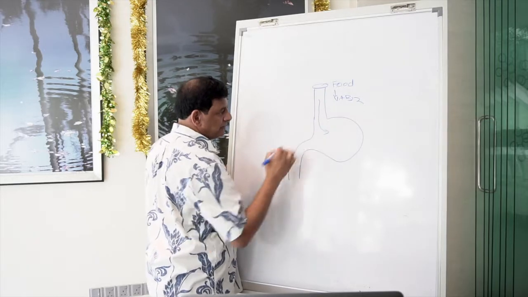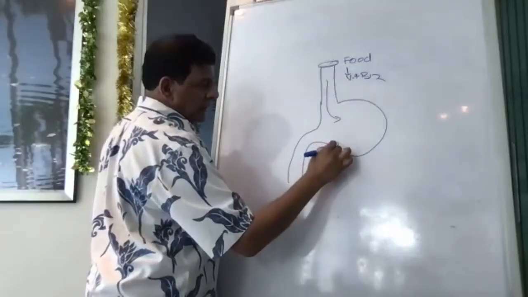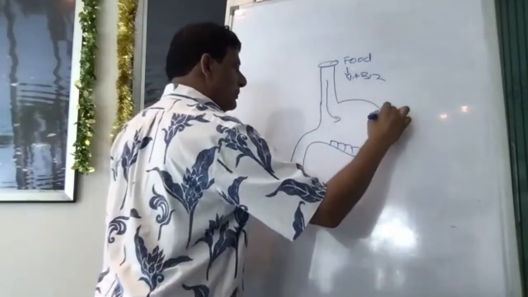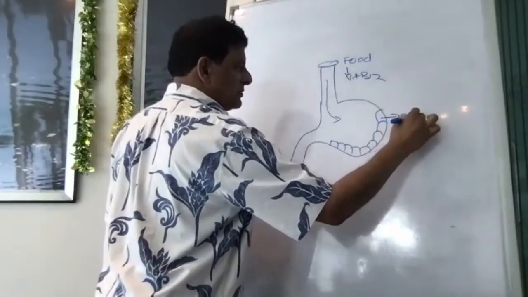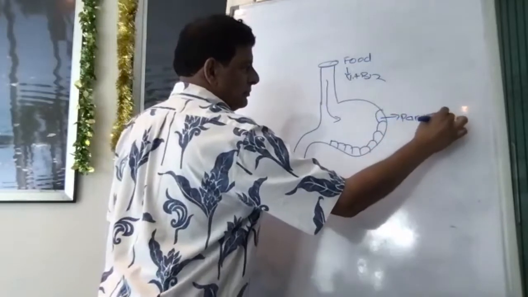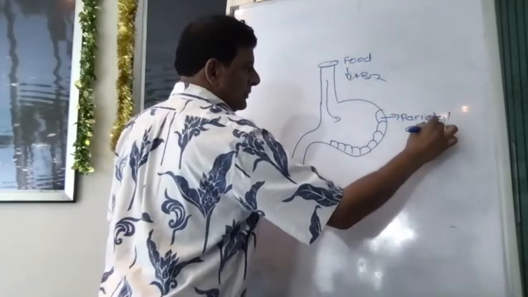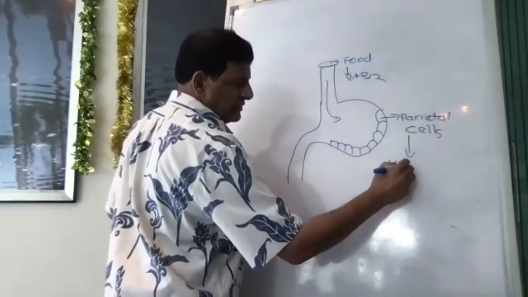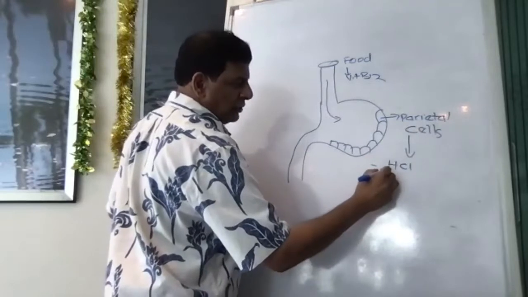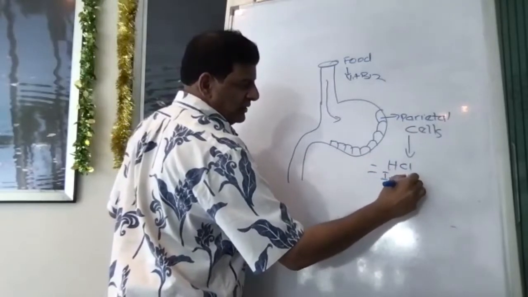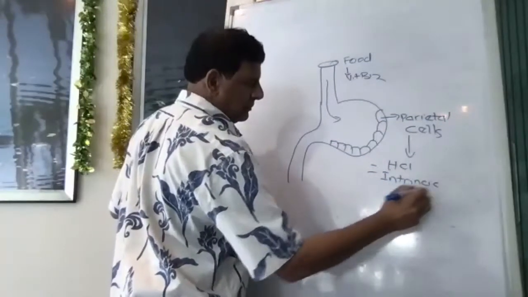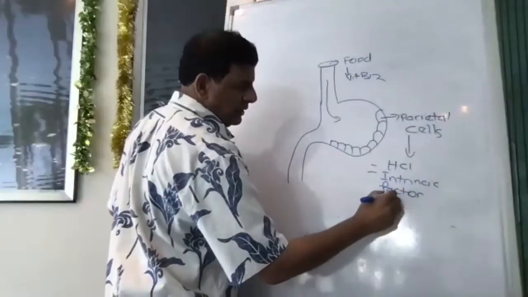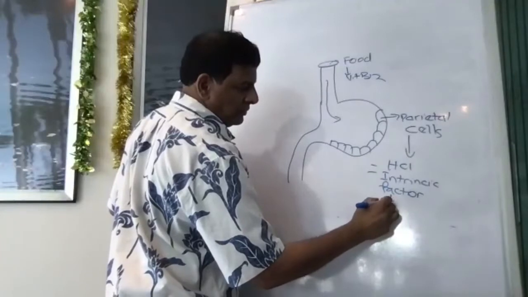And it goes in here, and the gut is lined by some cells called parietal cells. The function of parietal cells is to release hydrochloric acid, and they also have intrinsic factor. Intrinsic factor is required for absorption of